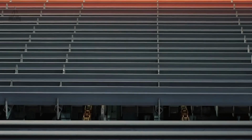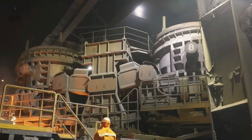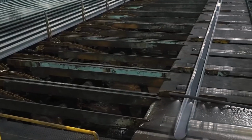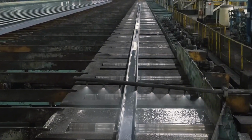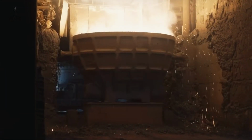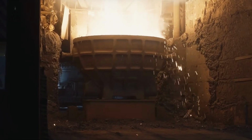Ongoing research is exploring ways to make the process even more efficient, further reduce waste, and expand the range of products that can be made from recycled materials. Moreover, increasing public awareness about the importance of recycling is encouraging more people and businesses to participate in this cycle. As more scrap is recycled, more natural resources can be preserved, and more jobs can be created in industries that